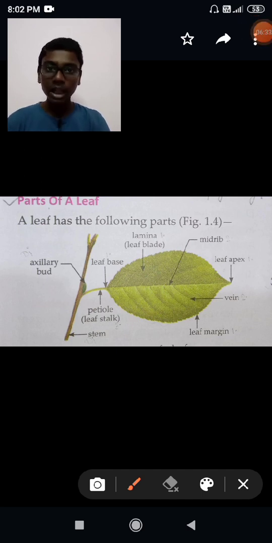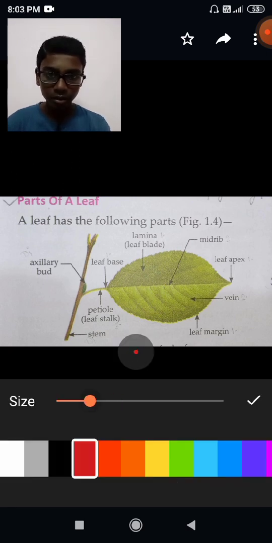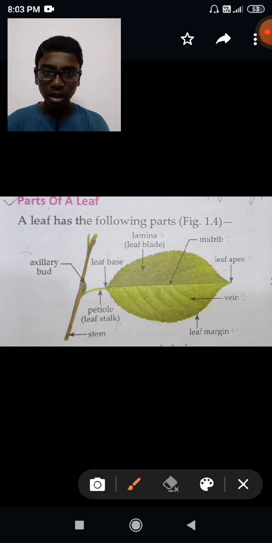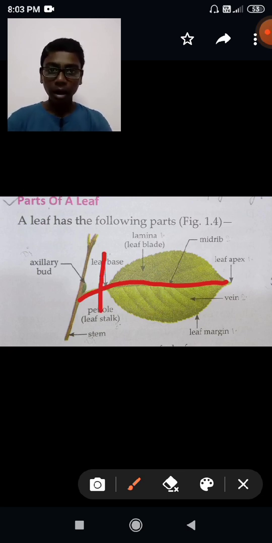The petiole continues into the lamina as the thick midrib. Over here you can find the petiole is continuing. This thing, the petiole, is continuing till here. Till here it is the petiole, but as soon as the petiole meets the leaf base, from the leaf base till the leaf apex,